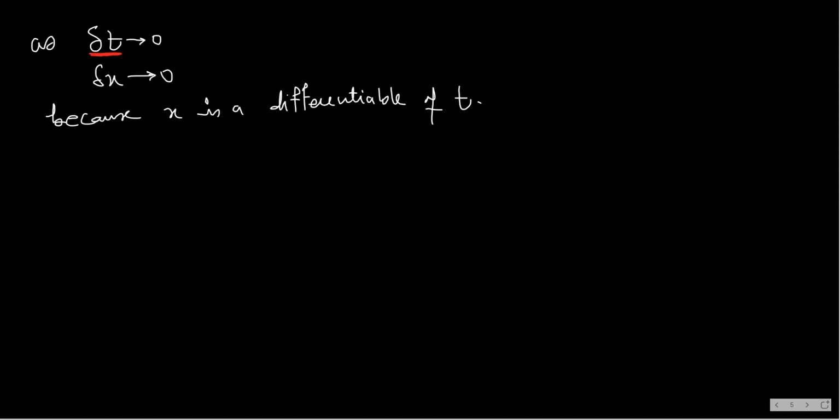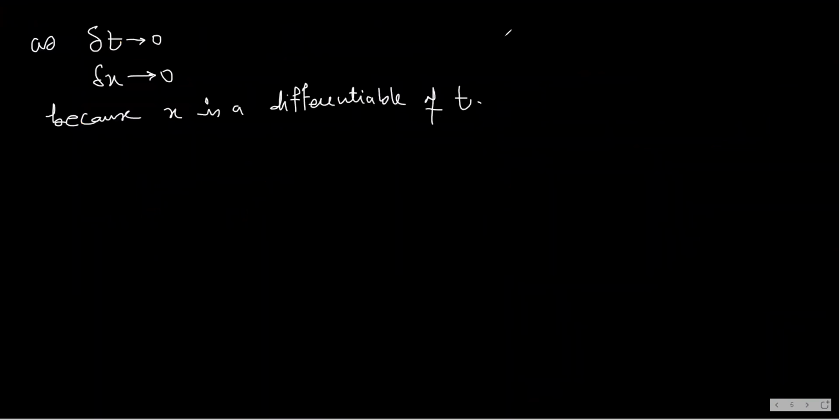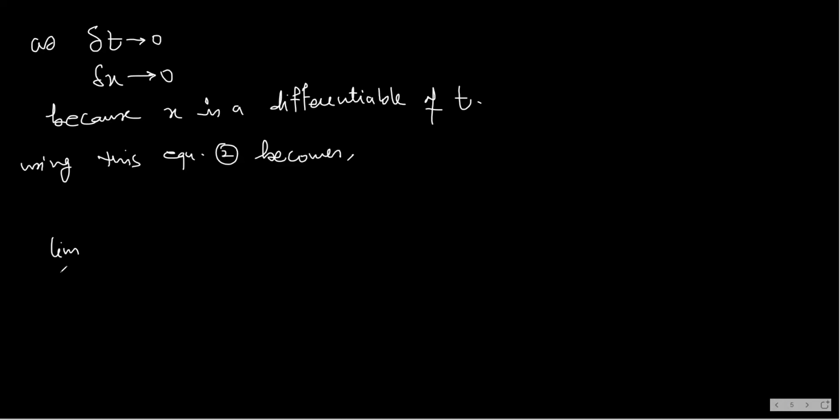Now using this equation, this is equation number 2. Using this, equation 2 becomes, what does it become? See, it will become limit. On the left hand side, this was delta t, which will now be written as delta x. So it will become limit delta x tending to 0, delta y by delta x, and here you have